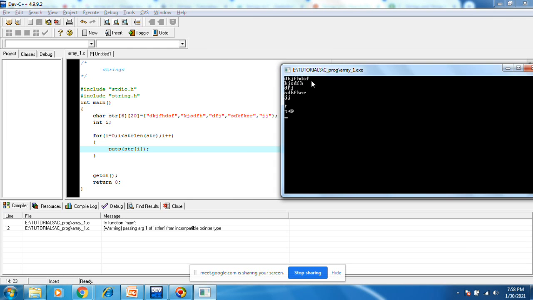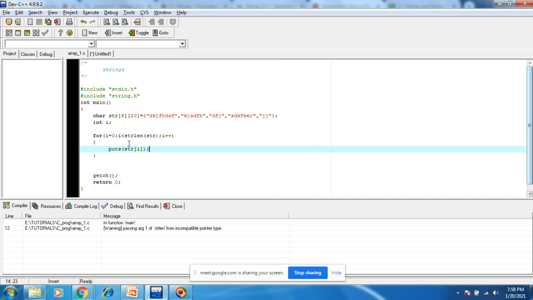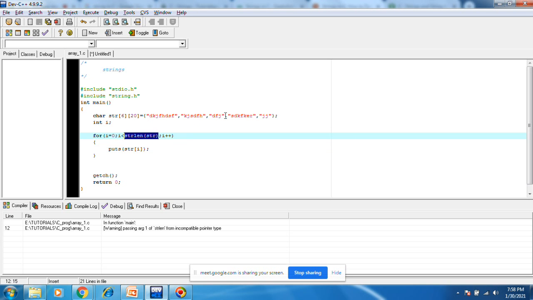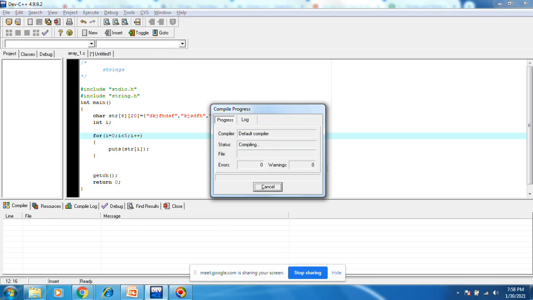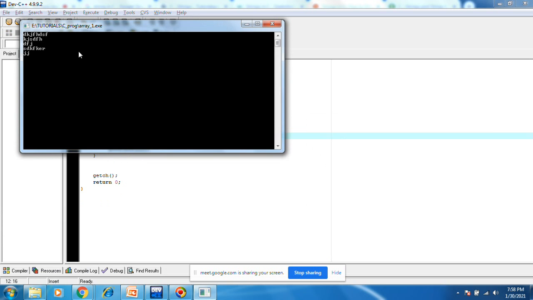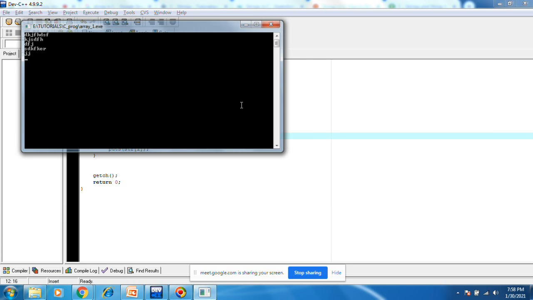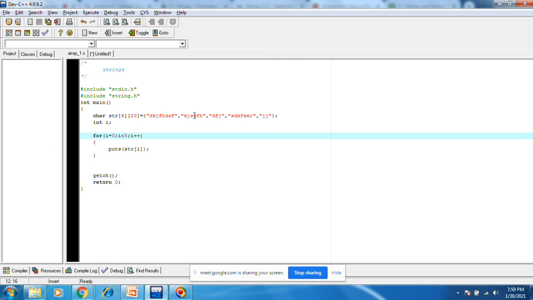So all array elements came now. D, K, J, F, S, all 4 come and then 2 extra. 6 is there now. We have given that, that's why the length of the array is 6. It takes automatically. Instead of this one, we can make 1, 2, 3, 4, 5. Let's give 5 only. Execute, compile, and run. 5. It definitely prints. Or else we'll give some other element here.